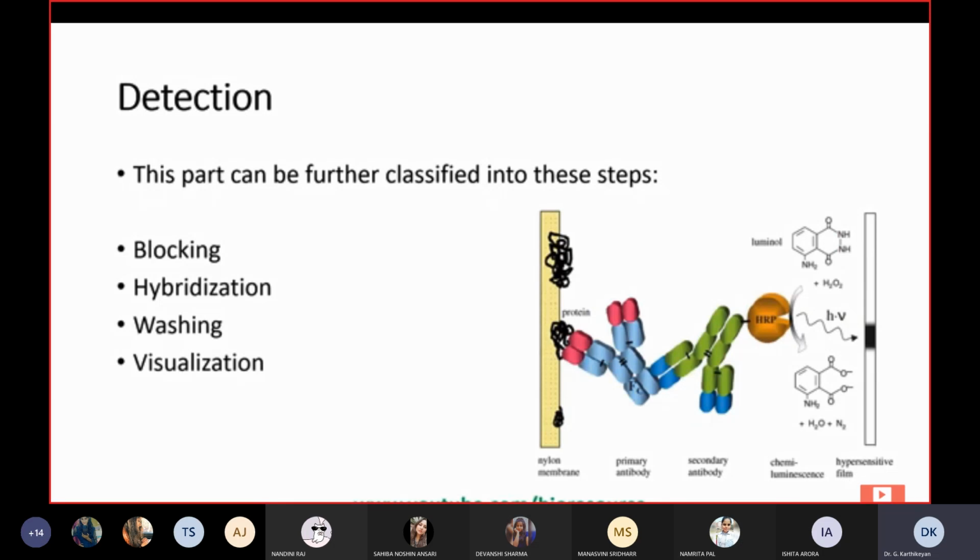Once the hybridization is done, the unreacted molecules need to be washed out. This is done typically using a low concentration of detergent in a salt buffer solution with a small amount of detergent in it. Coming to the visualization,